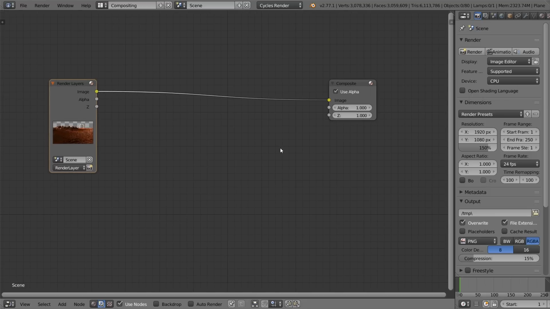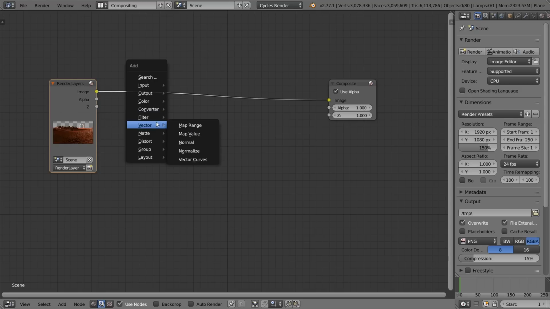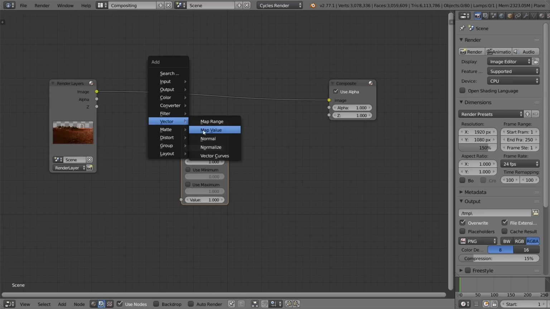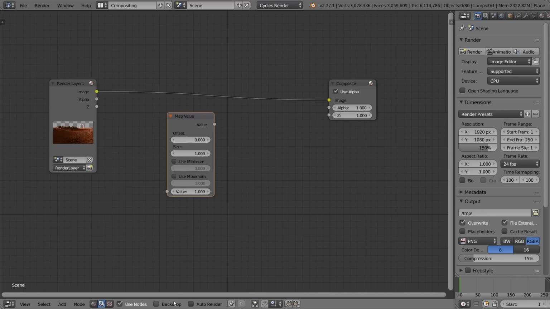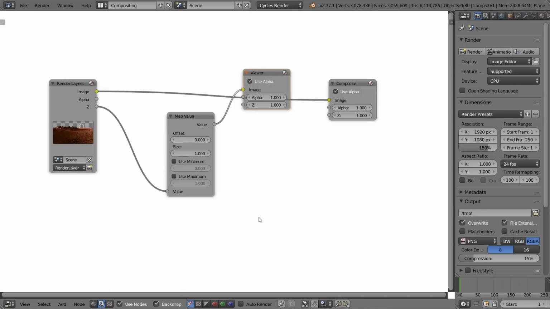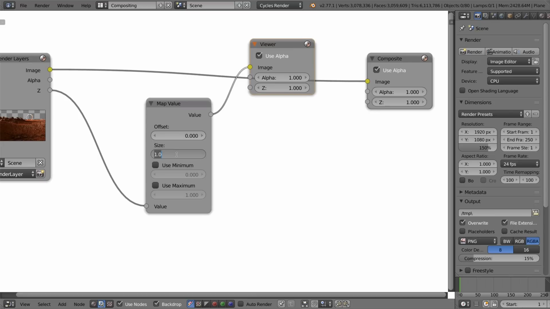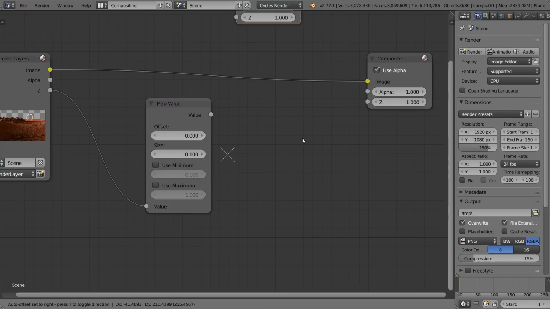We will be doing one thing in Blender first, though, and that's to extract the Z, which is the depth pass, because we're going to use that to add dust, like an atmospheric effect, to the scene. To do that, we first need to add a Map Value node, which is under the Vector options, right there. We connect it to the Z output of our render layer. If we hit Control Shift and click on it, and turn on the backdrop, you'll see it's completely white. But if you turn down the size to something really small, like 0.1, then you will start to see